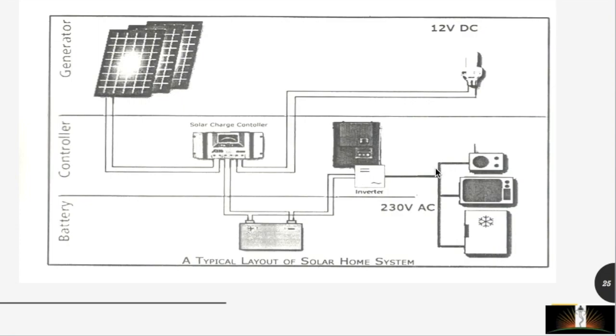So the diagram you are seeing on the screen is basically a typical layout of a solar home system, which is one of the patterns of off-grid systems, containing solar modules, followed by a charge controller connected to a battery for DC load. From the battery, you can directly connect to the DC load, or you can connect to an AC load via an inverter. So these are the basic components shown, except what we have already discussed in the BOM. There are other components like cables for interconnection or protection systems like earthing, lightning arrestor, and so on. If we go to the micro level, we have number ferrules etc., which we have already discussed in the BOM of the on-grid system.